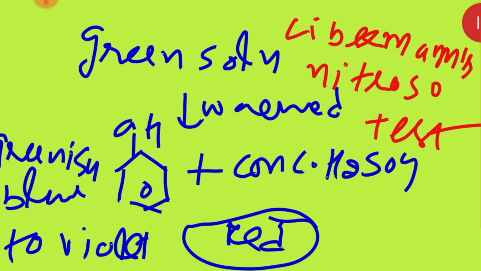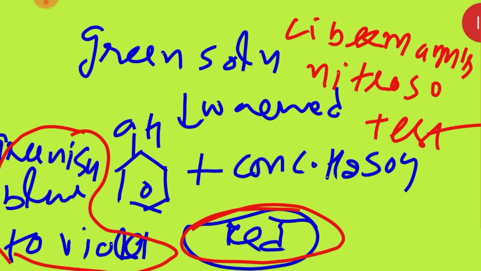Clear? Once again, what is the yellow oil you have? Yellow oil nitrosamine will give a green solution when it is warmed with the phenol and concentrated sulfuric acid, and on dilution with the water it will give red color. It changes to greenish blue to violet on addition of sodium hydroxide. The test name will be Lieberman's nitroso reaction.